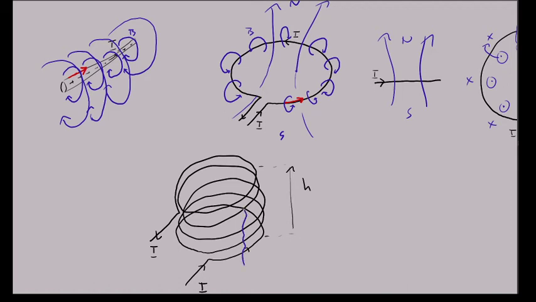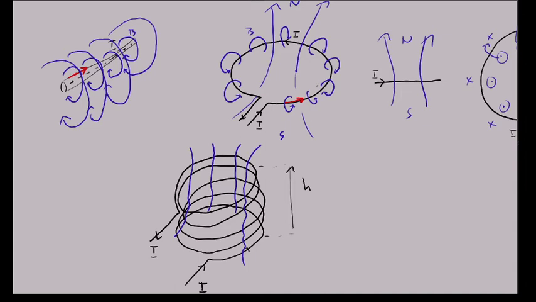you might get a bit of a squiggly line like that, and it comes out. And then somewhere here on this side, you would get something similar, maybe a bit of a squiggly line, and it comes out like that. And somewhere here towards the edge, you would also get a squiggly line that comes out like that. So all of these individual